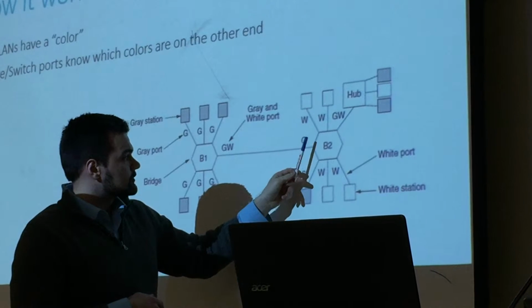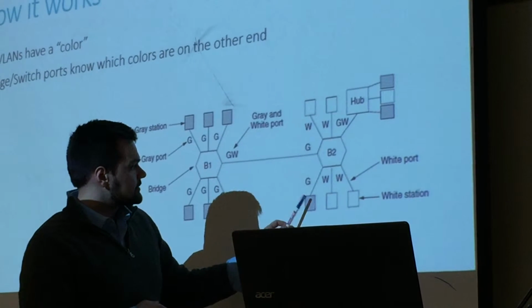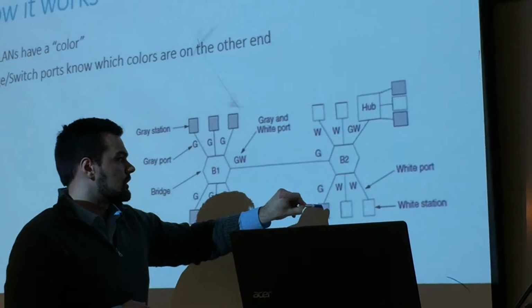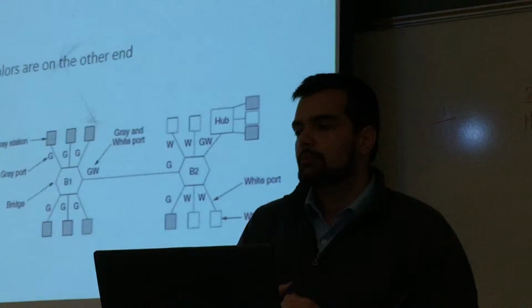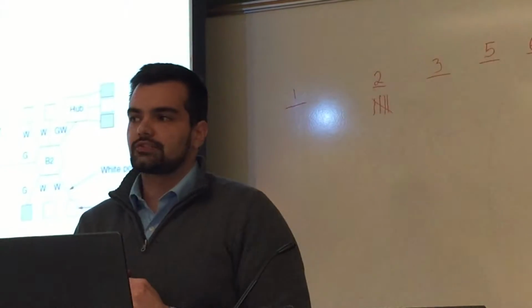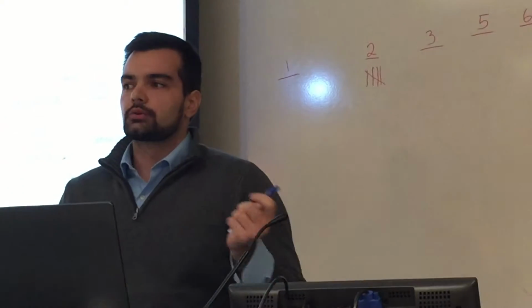This switch is going to see that it's gray, and it's going to look at all the gray ones, excluding the one it came from. And it's going to see that this is the gray one, and it's going to send that information to there. If it does not know, what would happen if you had to broadcast this, if you didn't know where the computer was? If it was a new computer, just plugged it in, there was no mapping yet,